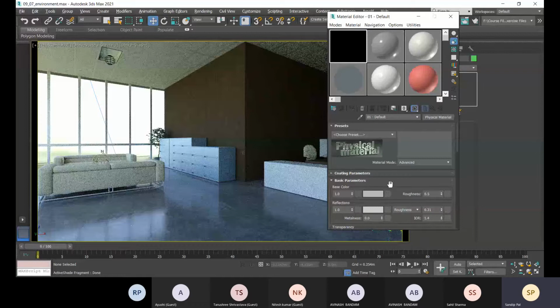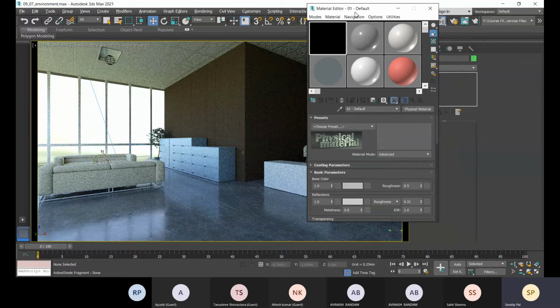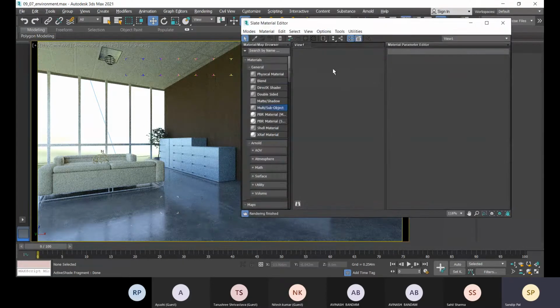For the more advanced version, we have the slate material editor. Slate material was used in Maya, and now we are also getting that mode in our 3ds Max versions as well. This is a better option to edit all the materials. You can have better controls here.